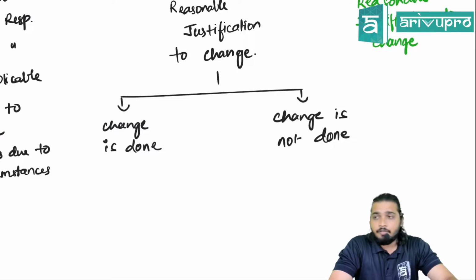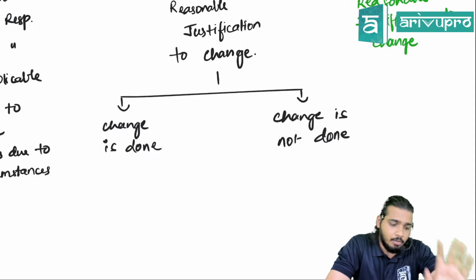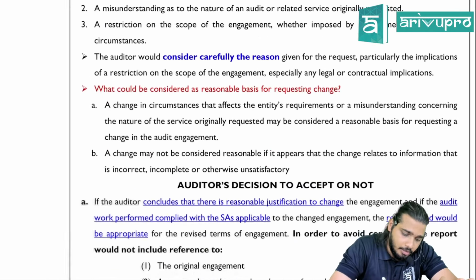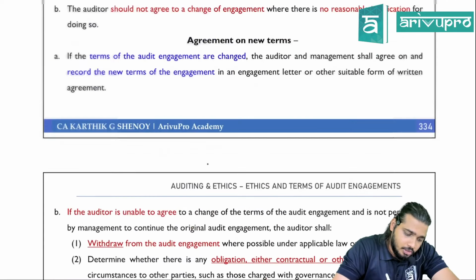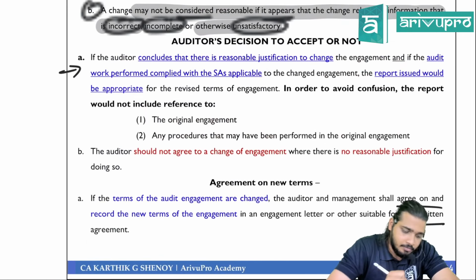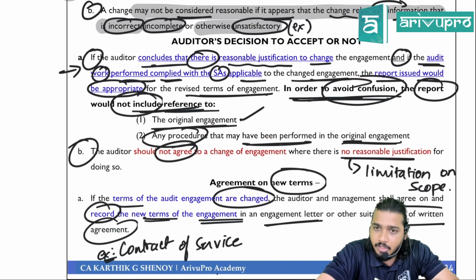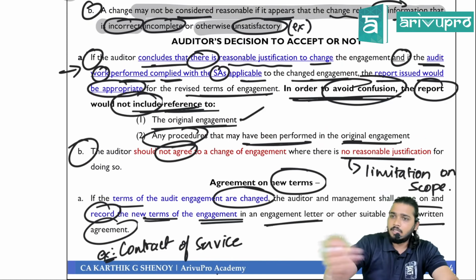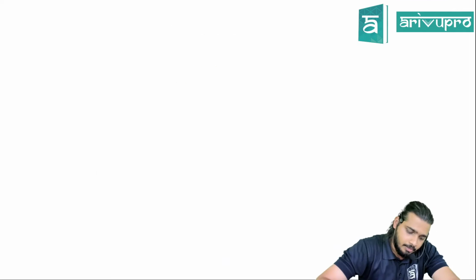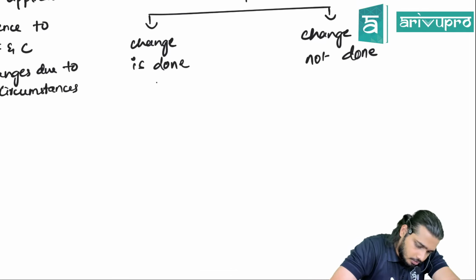Now, if auditor changes the engagement, what is he supposed to do? This point here. If auditor changes the engagement, number one, he is supposed to conclude whether there is reasonable justification and whether the work performed complies with SA. Now here I will write here, if change is done,